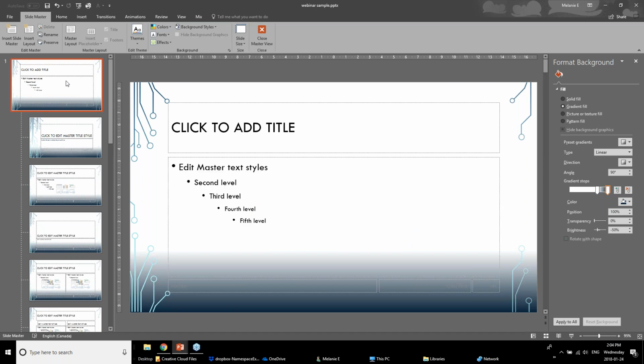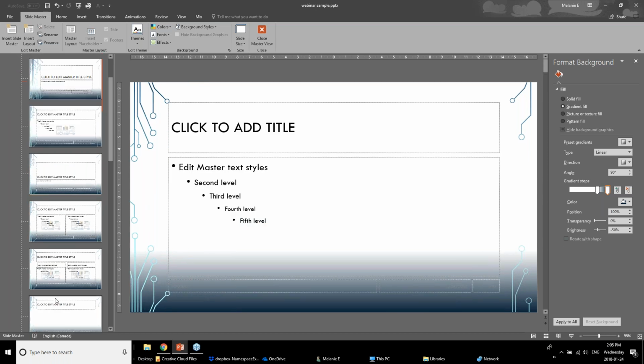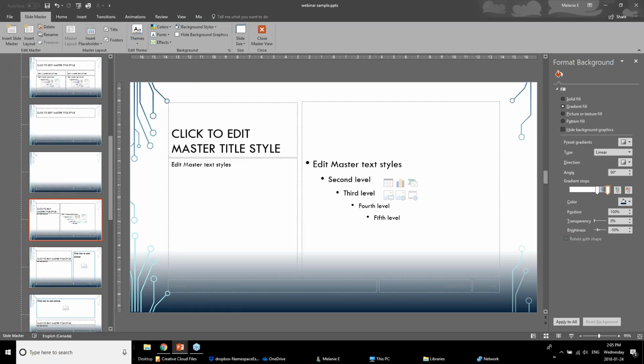Now, that's a great feature in the sense that if you're creating a presentation and you make a change to the look and feel of it, it will change all the rest of your slides. So you don't have to sit there and fiddle with all this look and feel of the slides. What I don't like about this sometimes is the fact that because of this top slide dictating what is underneath, you're sort of committed to the fact that you have to have this image, as you see here, on all